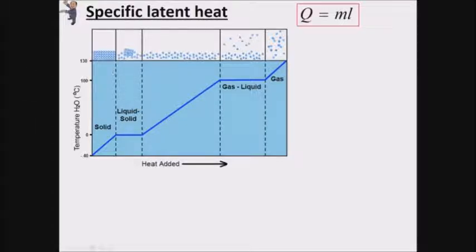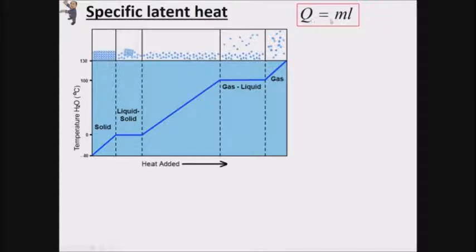So we've got all the different states. We've got solid particles there, we've got liquid and solid, so the particles in between a liquid and a solid melting, then we've got a liquid, then between a gas and a liquid, and then we've got a gas. So you can see the particle transformations that are taking place at the top. Here's our formula, which is Q equals ml, and Q is again the energy required or the energy needed,